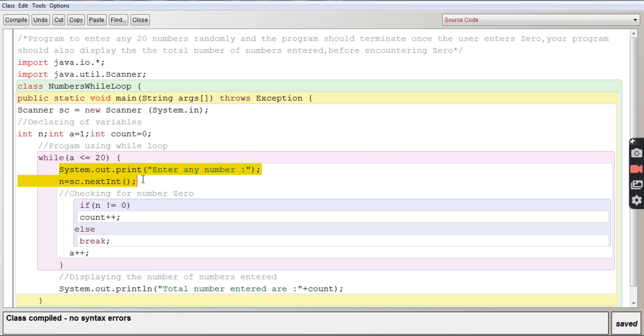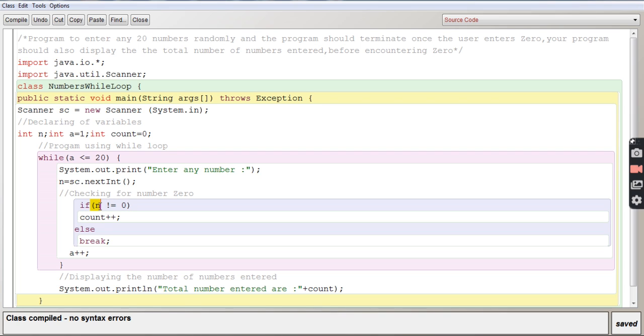So it will ask you to enter a number. So n is equal to sa.nextInt. Now let us say you have entered 3. So this 3 will be checked whether it can be 0 also. Here it is checking if n is not equal to 0. Can you see this symbol, the exclamation mark and the equal symbol? This is just like the not equal you used in maths. So here the exclamation mark and the equal symbol symbolize not equal in Java.